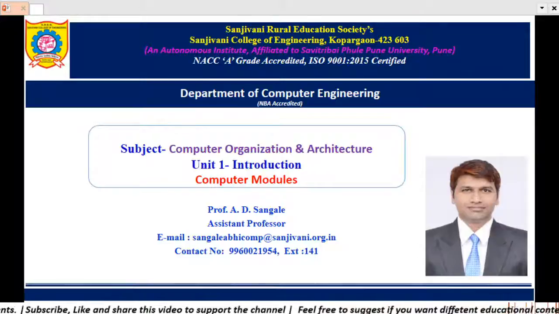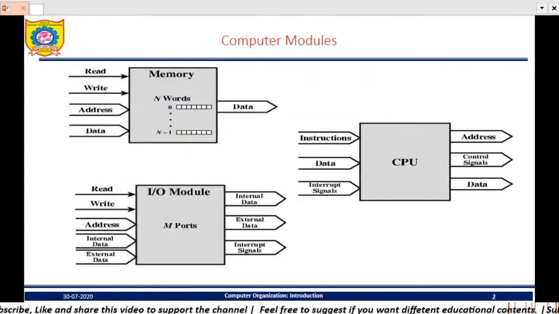Electricity, that there are these three modules which define a computer system. Here, this is a memory module, this is the IO module, and these two modules are controlled by this CPU, or central processing module, right? These two aids help the CPU module, okay?